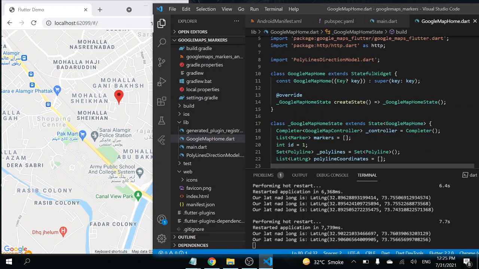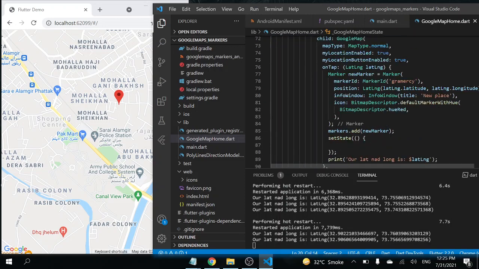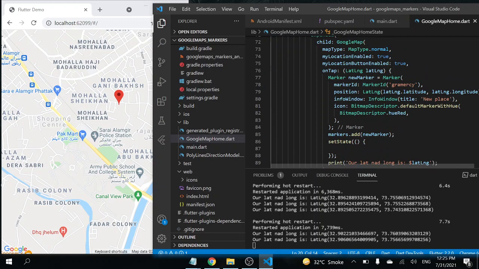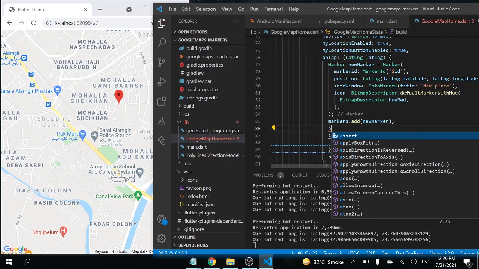For this we have to create an int variable, ID equal to 1, and assign the ID like this. Okay, and after adding the marker we have to update our ID